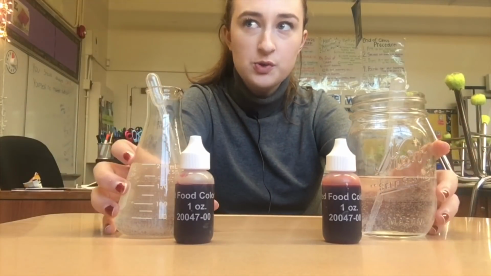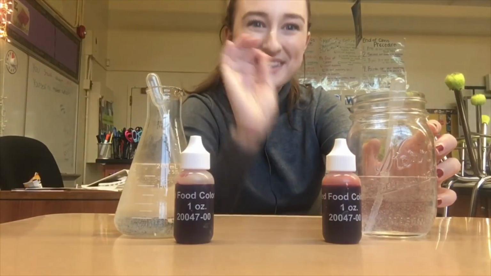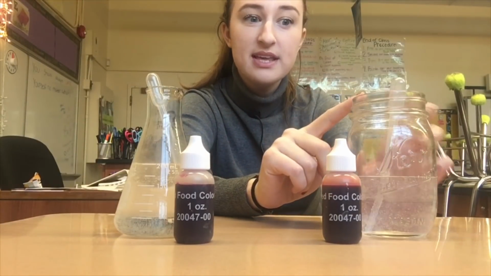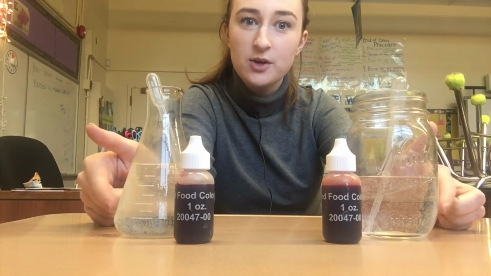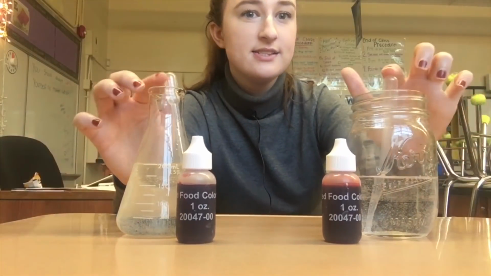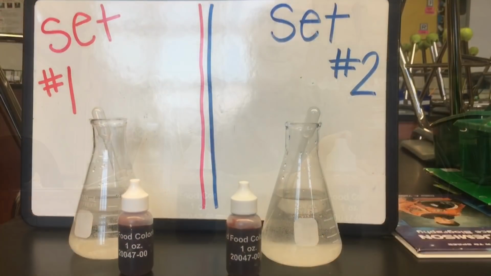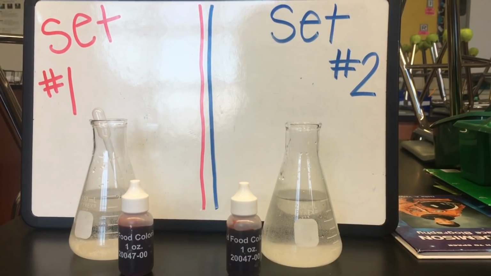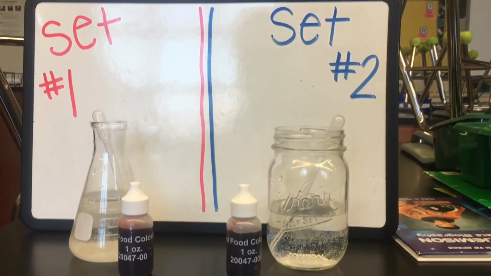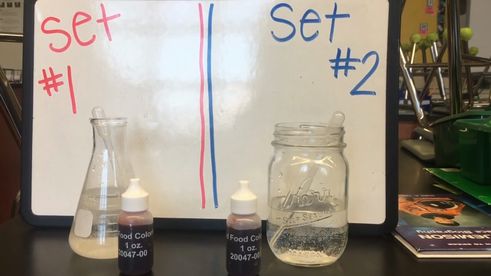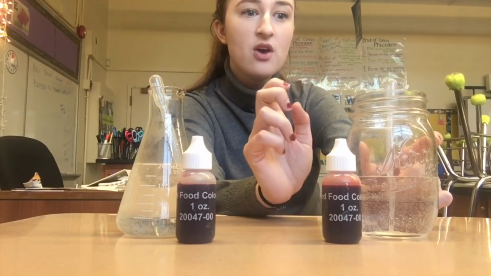So we still have 2 sets of materials, and we have one material switched out, and that would be the mason jar instead of the Erlenmeyer flask. Now this is still water, this is still red food dye, this is still a pipette. Just the mason jar is different. So, what if we,